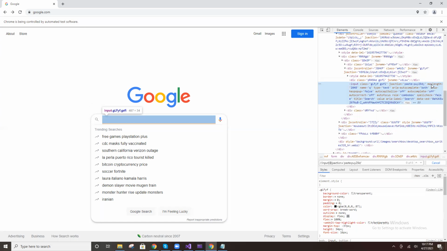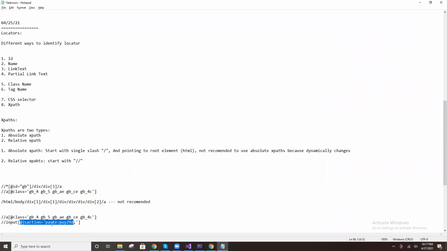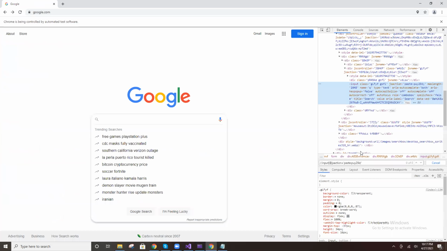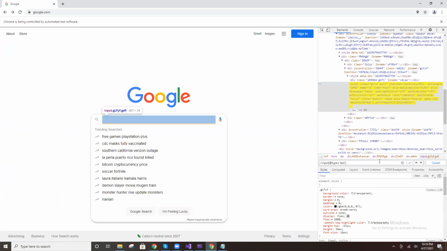And type is there, right? You can take any property. For example, @type equal to text. Copy.